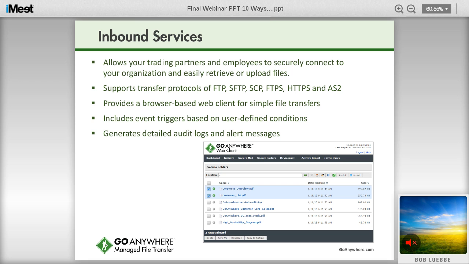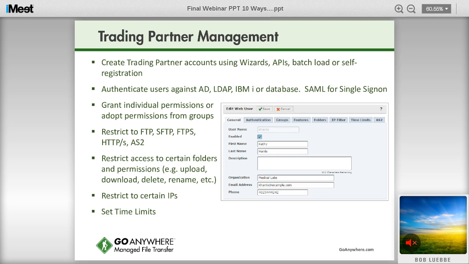If you do let them come in through their browser, again, that's a very nice approach because they don't have to install anything onto their desktop. You can just point them to a URL. They key that in, they'll log in, and they'll be able to upload, download files through whatever work folders that you've authorized them to. Your trading partners, again, they can be authenticated against a lot of different systems, including Active Directory